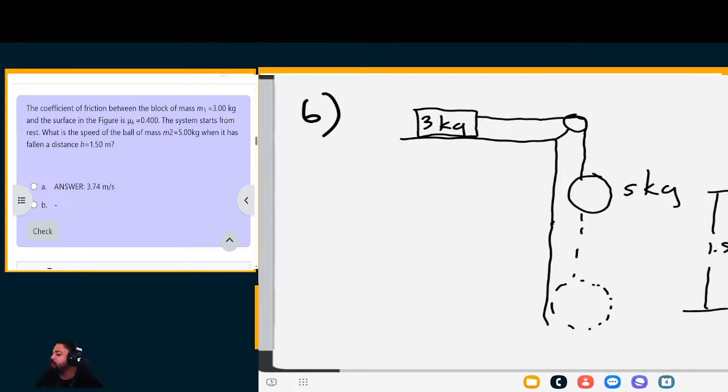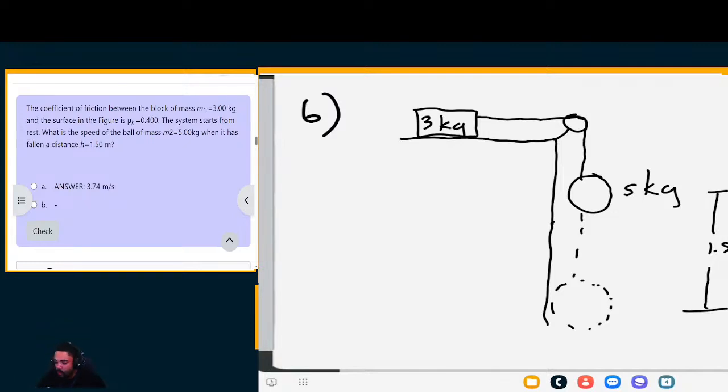Obviously, it's going to pick up speed because it started from rest, and the gravitational acceleration is going to cause it to accelerate. So what would be the speed at this point after it has fallen a distance of 1.5 meters? Now that we all have this picture in our minds,